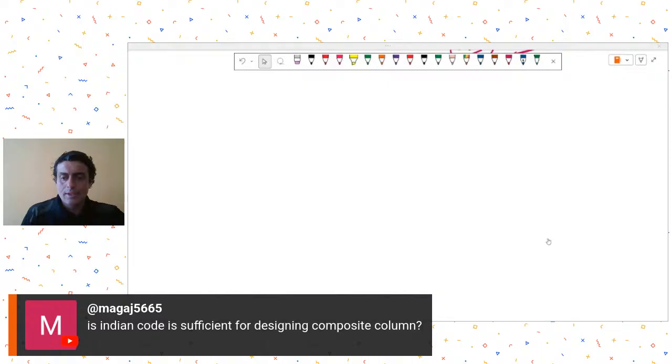Next question is from Mr. Magaj. Is Indian code sufficient for designing composite columns? I have not used the Indian code till now for composites. I think it is some 146 something. So I have never used it till now. So I don't know whether it is sufficient or if there are any limitations as such. But I guess it should be sufficient